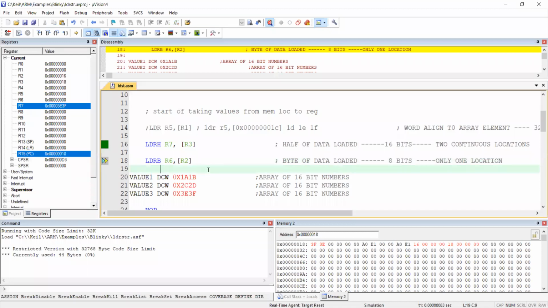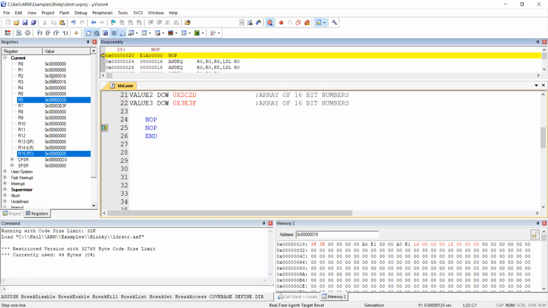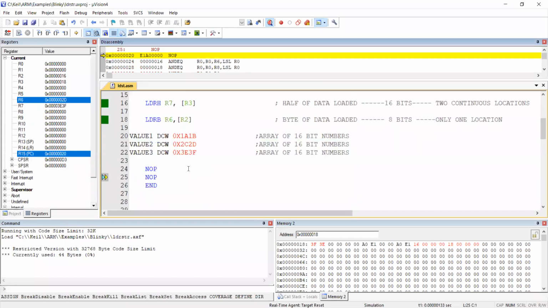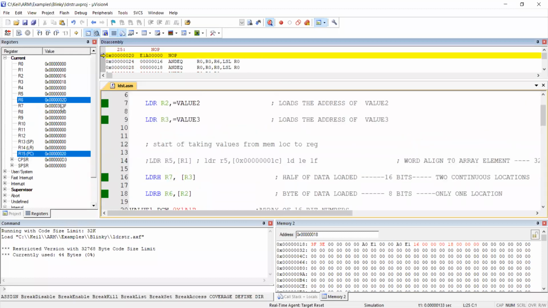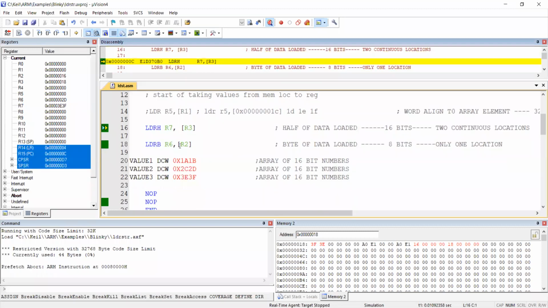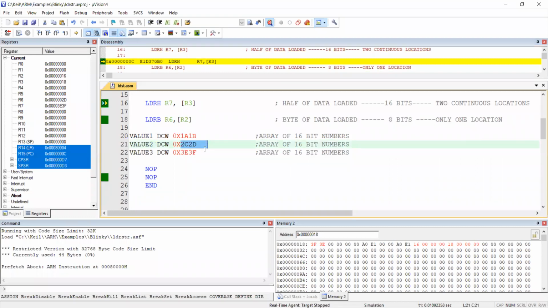Here, it's a byte. That means only one position will be fetched. The position is R2, whatever is in R2. If you check, you will get to know we have got 2D. So what is 2D? The 2D position. Here, out of this 2C, 2D, don't